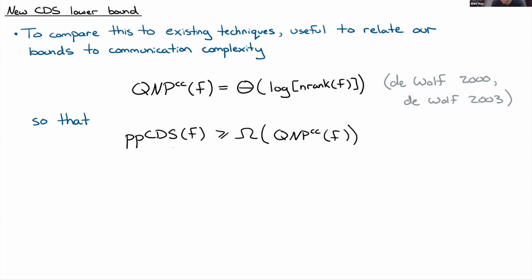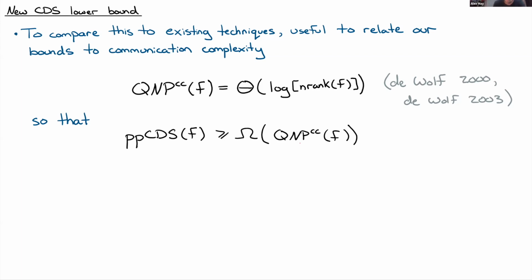One thing that means is that we can rephrase our lower bounds in terms of this communication complexity measure, and in particular, we can look at the perfectly private lower bound for perfectly private CDS, which is in terms of